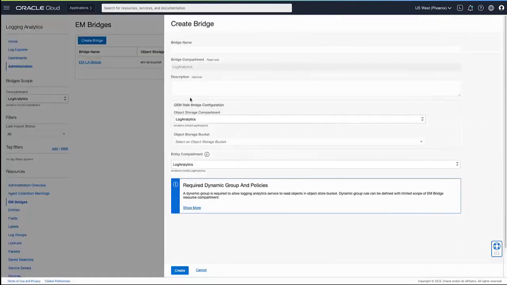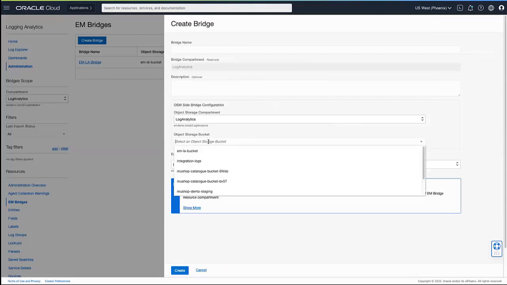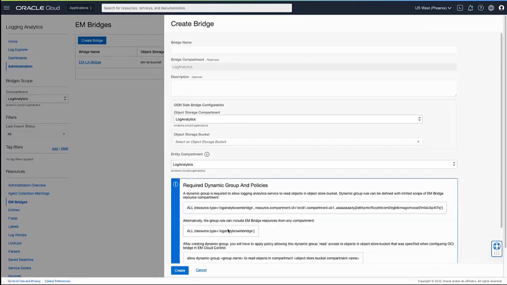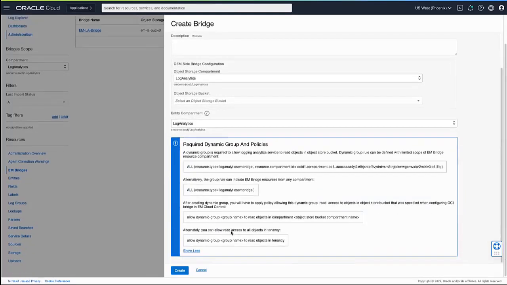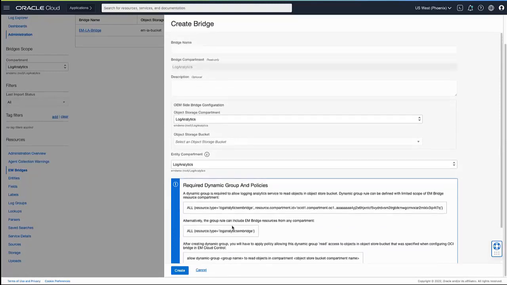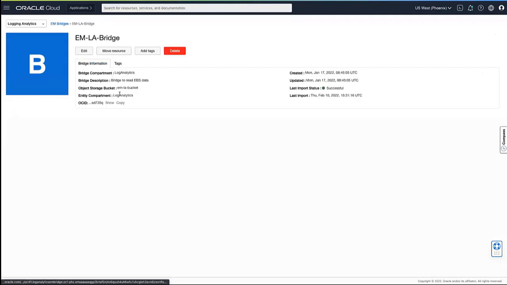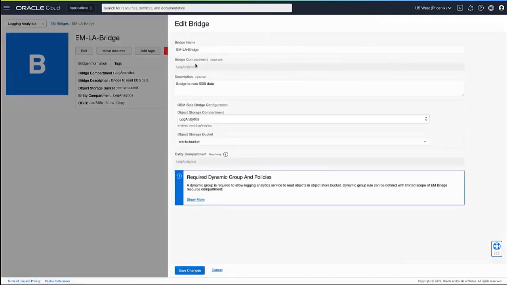We will use the same object storage bucket. You can give any arbitrary name, give a description, and select where you created the bucket. Here, this is the bucket that I created, the same bucket that I'm using on the Enterprise Manager side. And there are a set of policies which are needed for running this regular job to start collecting data from the object storage bucket. Looking at the detail of my existing EM bridge, here I've already configured it, and all